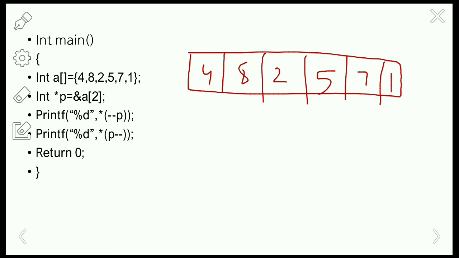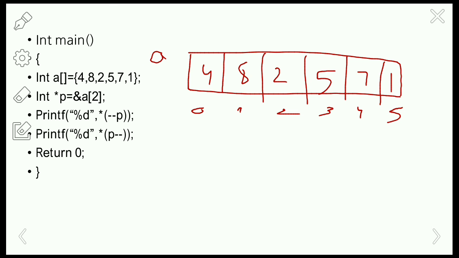Here 0, 1, 2, 3, 4 and 5 is the index value. So I'm taking the array A with the given values.